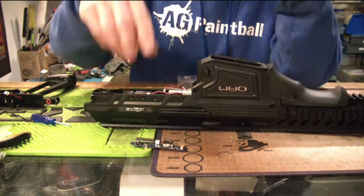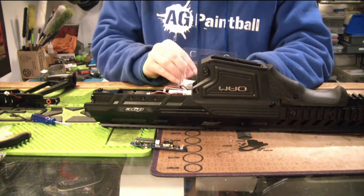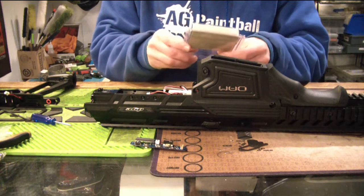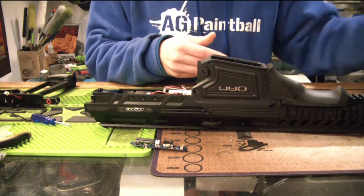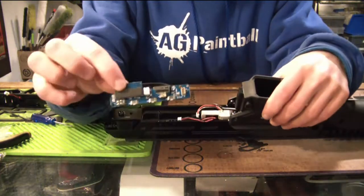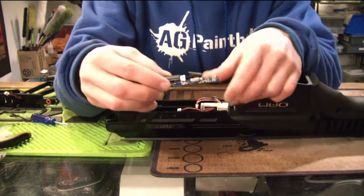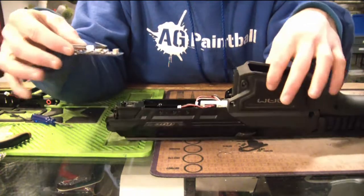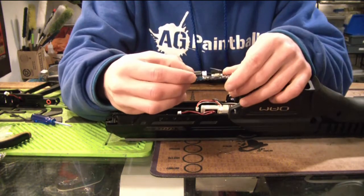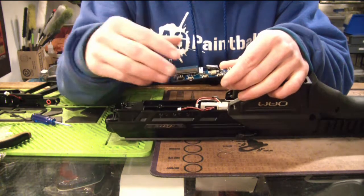So I'm gonna take it. I'm gonna put the stock board back in the same box with the nice foam that the upgrade one just came in, because it's a nice way to keep track of it and not break it. So what you're gonna do is basically take the upgrade board and orient it just the same way that the old one came out, with the buttons. You can see the way I'm holding the dam, the front of the gun is up here. So with the little push buttons on the board closer to the camera here, and the micro switch on my side closer to me,